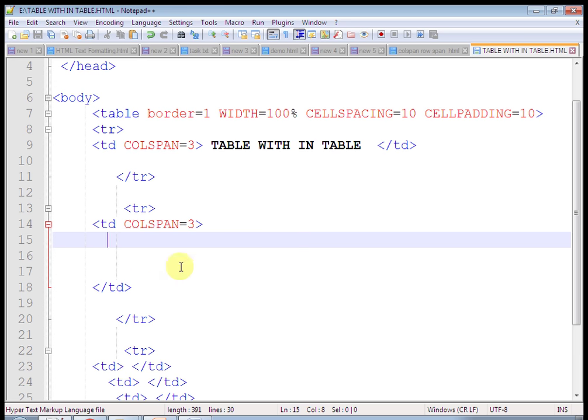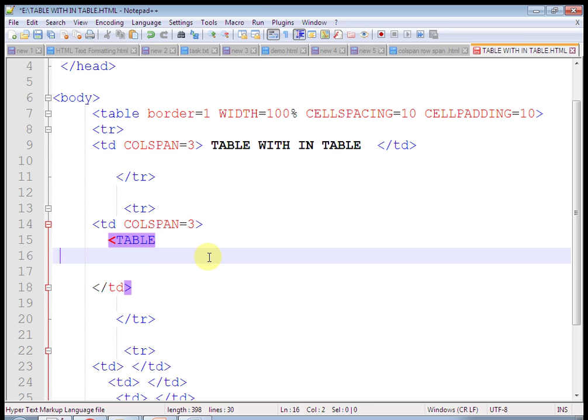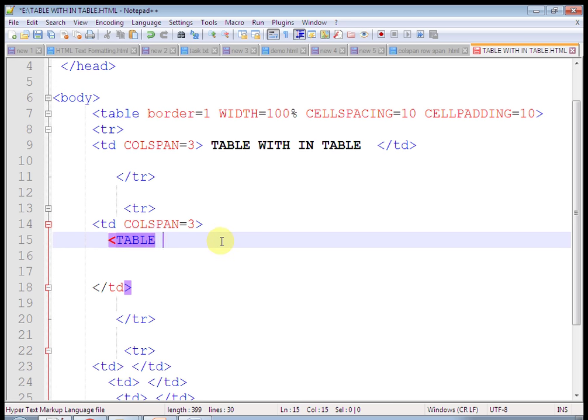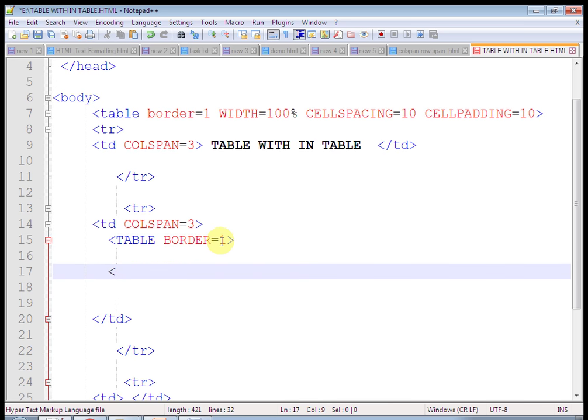Just check out what happened. Sorry, I have given width here, so it should be on the table. This is our table. Now remove your cell spacing. Cell spacing here is large, so just give small cell spacing, so it will go.